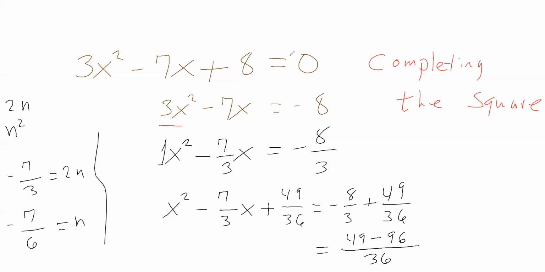That, of course, is a negative number. We'll come back to it in a moment. The important thing here is the left side of the equation, the left-hand side of the equation, is now the square of x minus, well, where did the 49/36 and the negative 7/3, where are those two things coming from? The 49 over 36 is the square of a number. The negative 7/3 is twice that number. And that number is what we're going to have here, which is the 7/6, or negative 7/6, maybe a better way of thinking about it, that was mentioned before. So x minus the square of 7/6 is equal to what you're